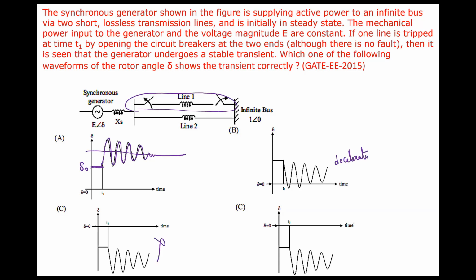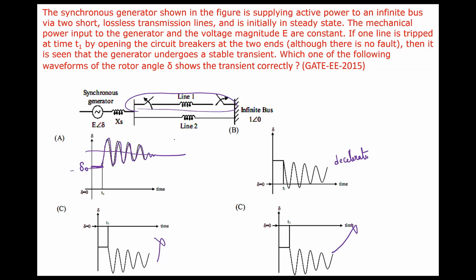These two are absurd. For a generator, the delta value is always positive. These two waveforms are true for a synchronous motor, not for a generator. So the first thing you have to remember: for a synchronous generator, delta naught is positive. After delta naught being positive, you now have to check